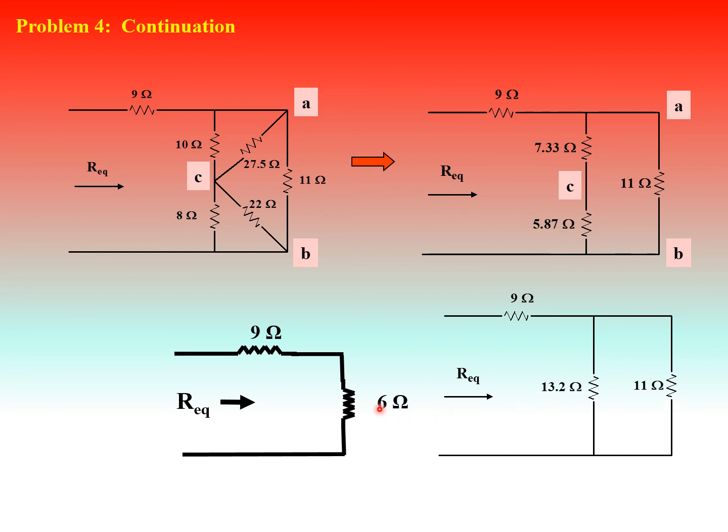So now this is 9 and 6. These two are in series with each other, so the equivalent resistance is 15 ohm. In this way, star to delta or delta to star conversion enables us to solve these different geometries which are considered neither as series combinations nor as parallel.